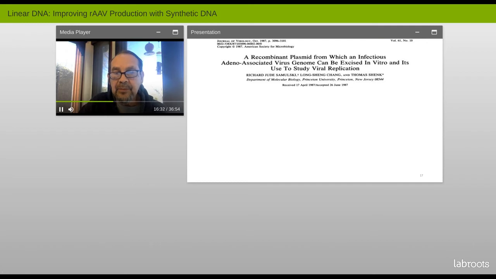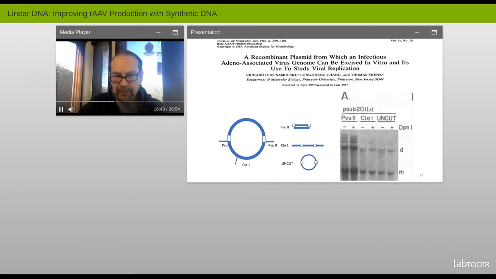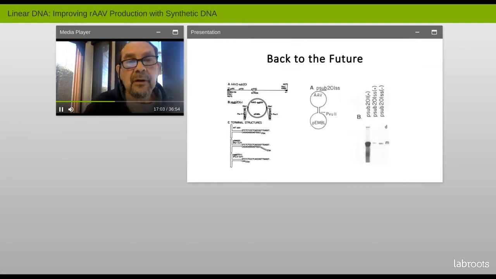If you advance one more time, you'll see the results, which illustrate very graphically that the AAV genome that was cleaved away from the plasmid sequence actually replicated more efficiently and generated large amounts of viral genomes, suggesting that if one could artificially remove this resolution step, one could generate more material in the end, and basically a cleaner material.